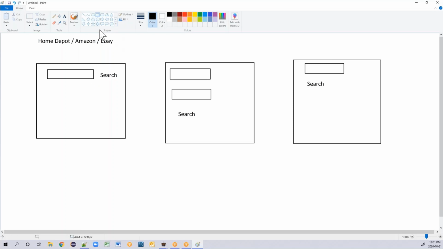What is happening with your first combination is I will not enter any details, not even the product name, and I click on search. It will display all the products of Home Depot.